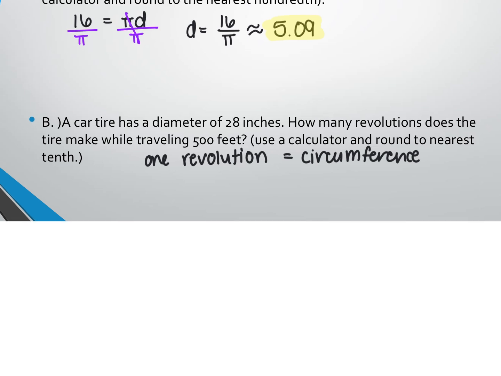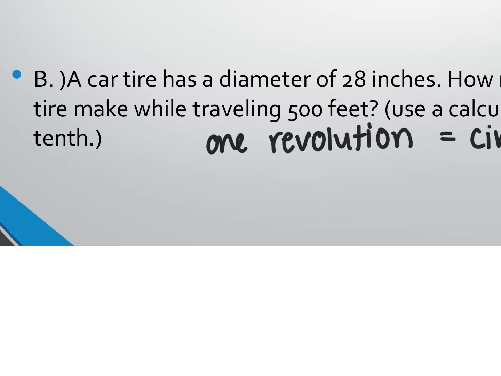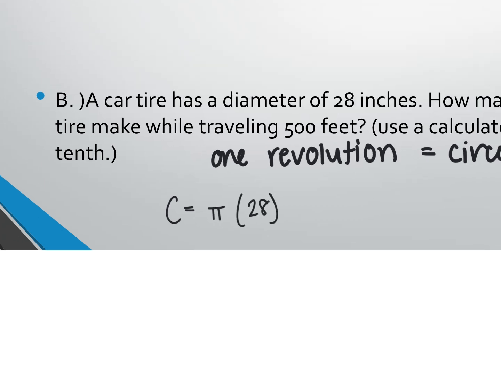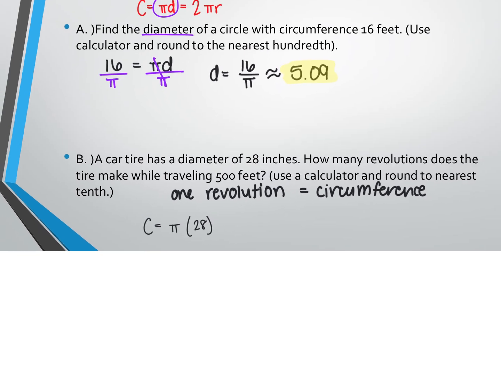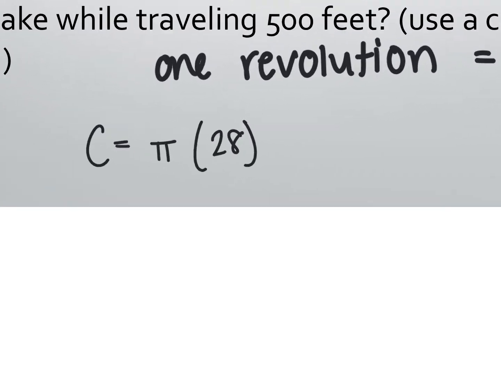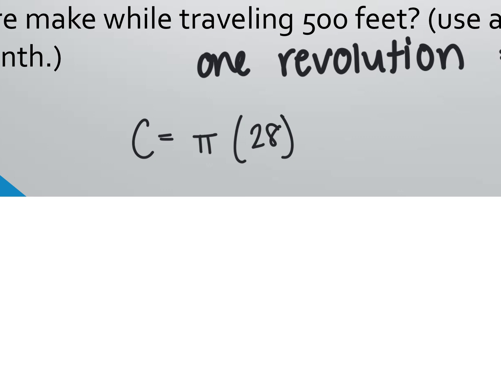So what am I going to do first? I need to figure out the circumference of my tire. How would I do that? I'm given the diameter, so I need to plug it in. I'm going to have circumference equals pi times my diameter, which is 28. Are they telling me to use 3.14 or just put it in the calculator? Just plug it into the calculator. 28 pi